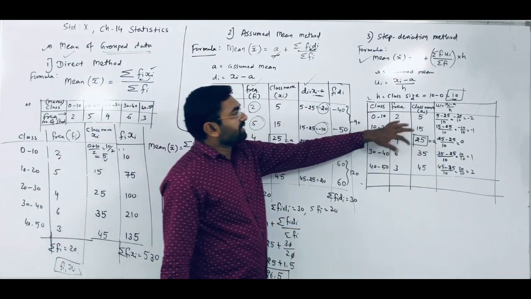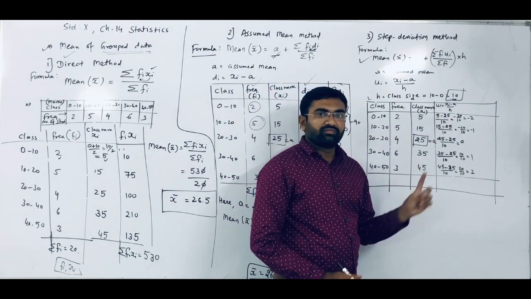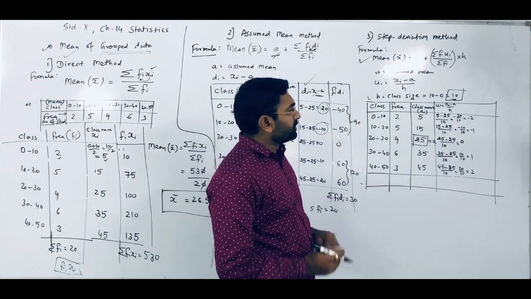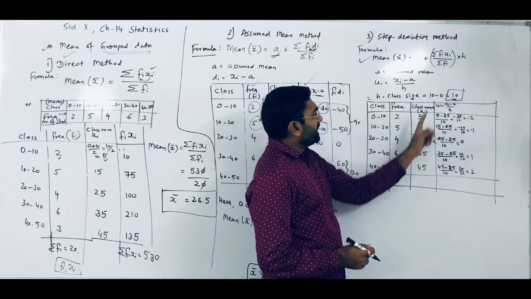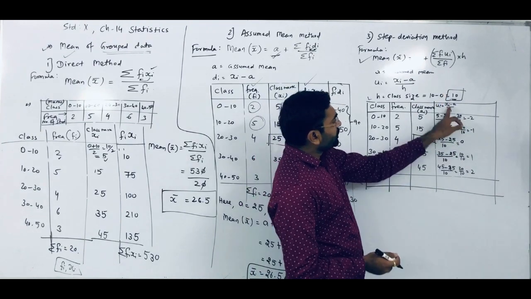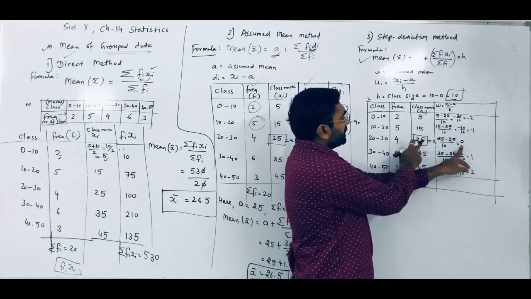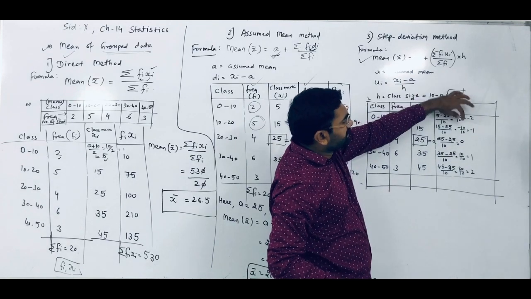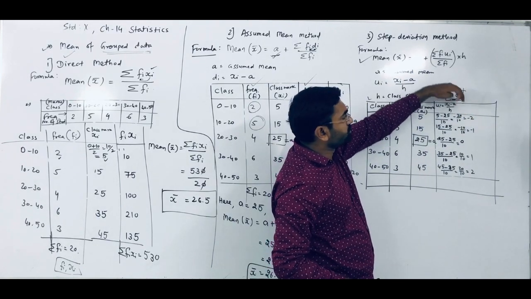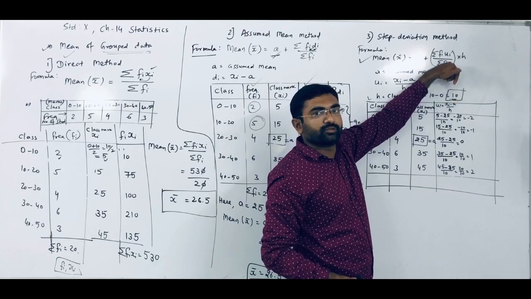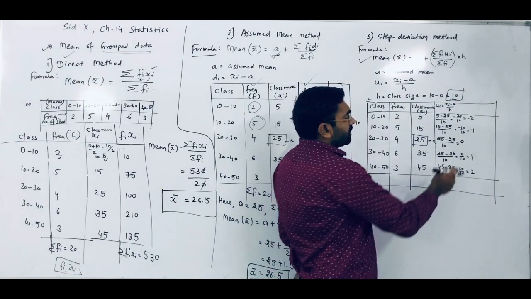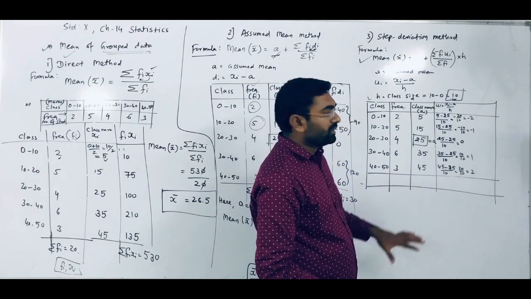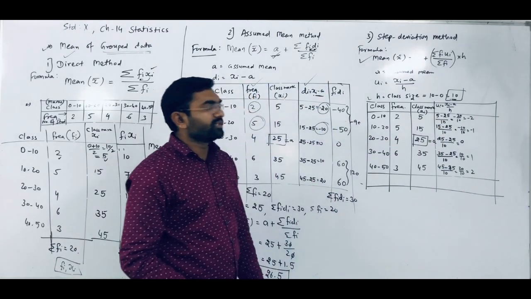Now, each and every time you are not required to repeat the same process. This is the first example. That's why here I find the ui value for each and every class. Now what you have to remember: whatever value you get for a class, its ui value is always 0. Whatever you assume for a, its ui value is always 0, and for the upper classes you have to write negative values, minus 1, minus 2. Suppose another class is there, then minus 3, minus 4, that way you have to write. And for the lower ones, for all the observations of the lower classes, you have to write positive values, 1, 2, 3, 4, that way. Okay, so there is no need to give that explanation every time.